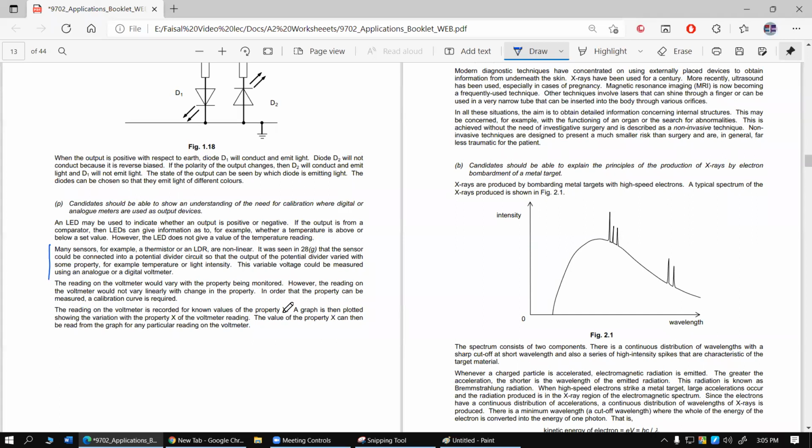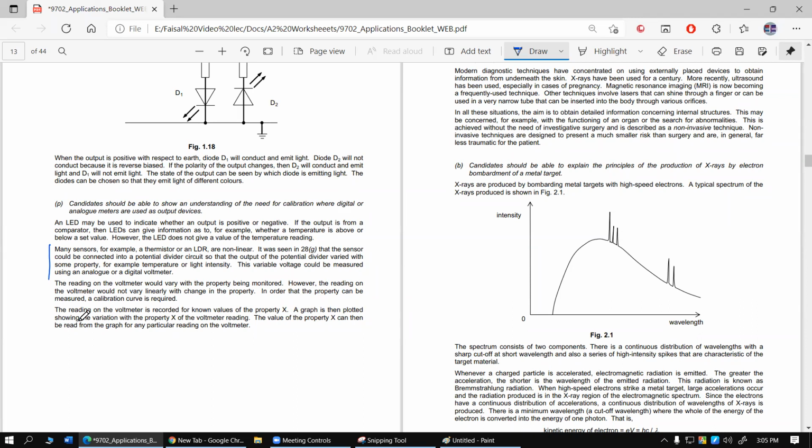For example, if you're using a resistance strain gauge, this property X is resistance. If you're using an LDR, this property is light intensity. If you're using a thermistor, this property is temperature. If you're using something else, this property could be something else. But the reading on the voltmeter that you get from these sensors is recorded for known values of